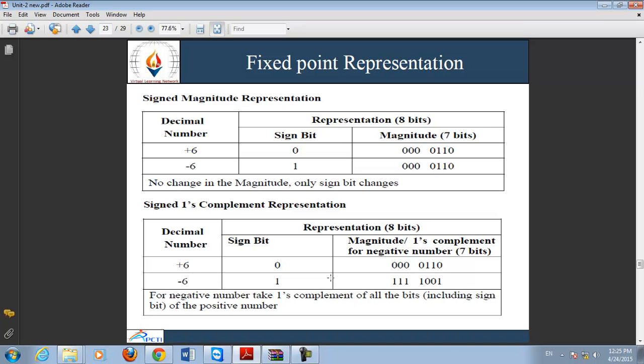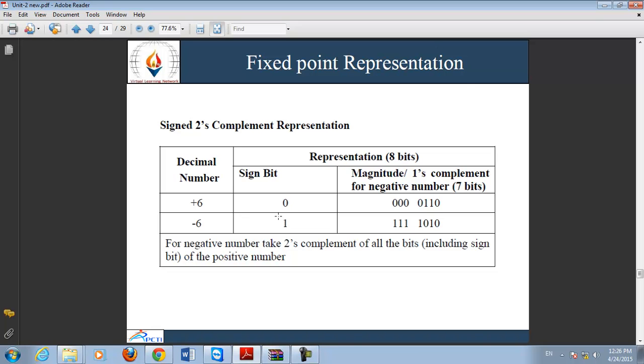This is the fixed point representation of numbers by using two methods, that is sign magnitude representation and ones complement representation. There is another representation method, that is 2's complement. For negative numbers, 2's complement can also be used. Now, what is the use of 2's complement? You can find the 2's complement by first finding the 1's complement. Plus 6 has the value four 0s, 0110, and to find the 2's complement of plus 6, first you have to find the 1's complement of plus 6, then add 1 to the 1's complement. I will give you an example of this.